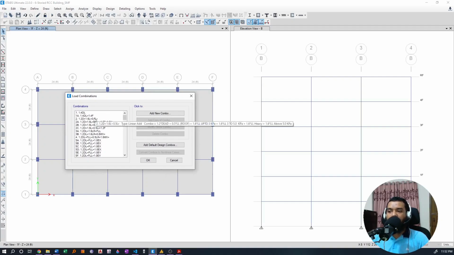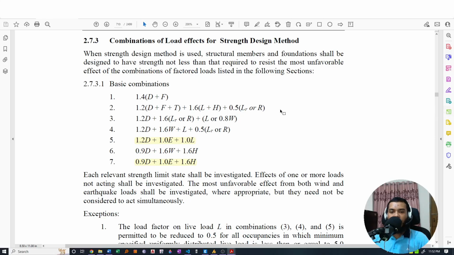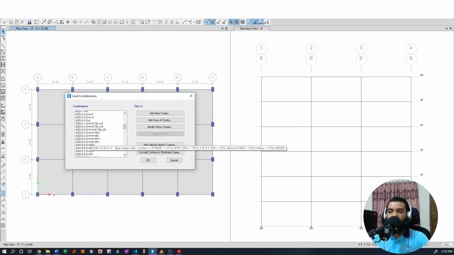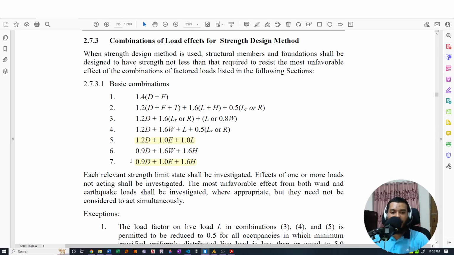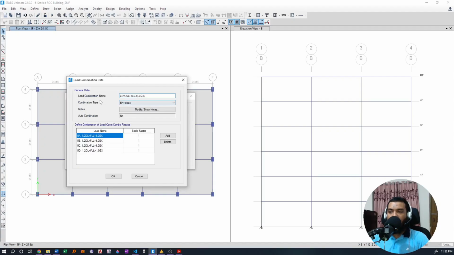Here you can see that I have included all the design combinations which are mentioned in the code. Among these combinations, as we have to only consider the series 5 and series 7, I have prepared the envelope including these combinations only. You can see in here that for the earthquake in X direction I have created an envelope for the series 5 load combinations